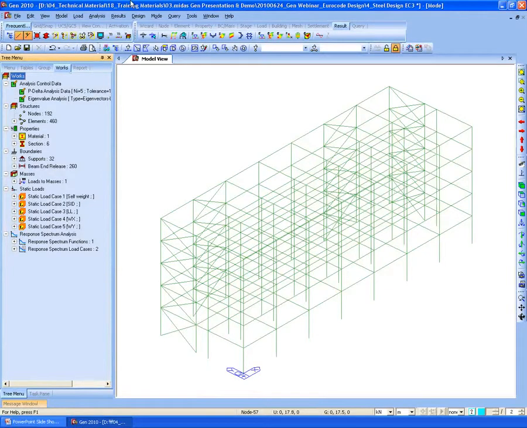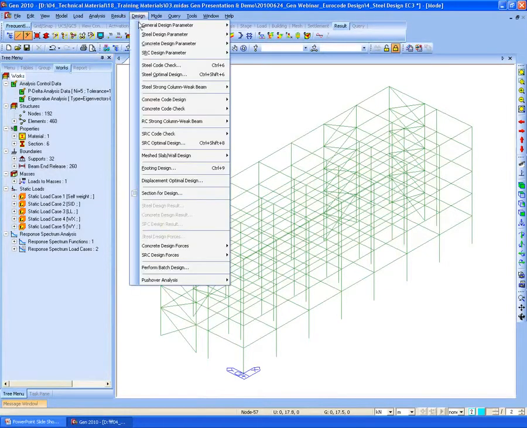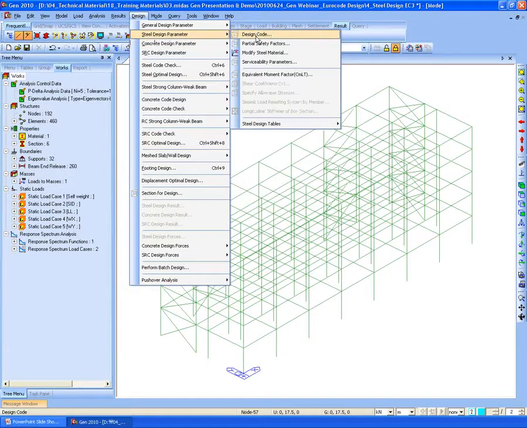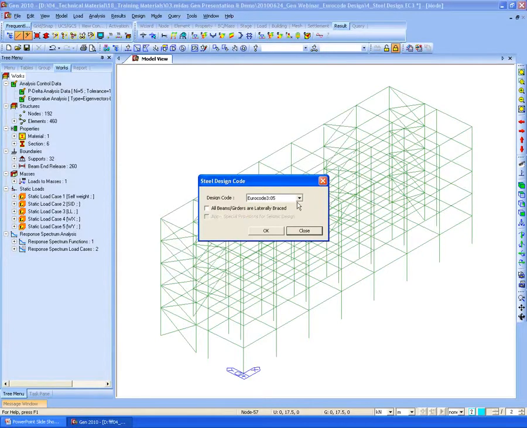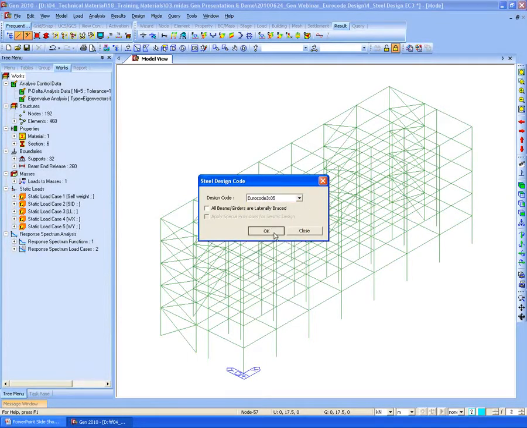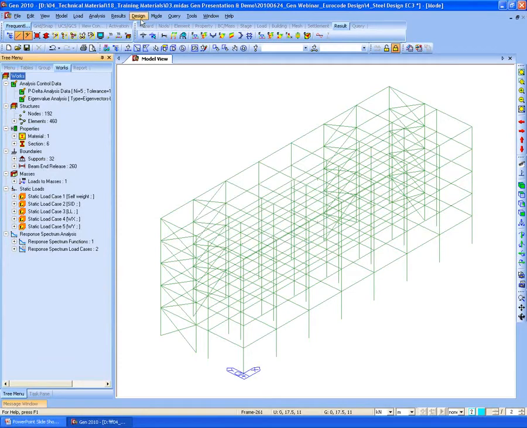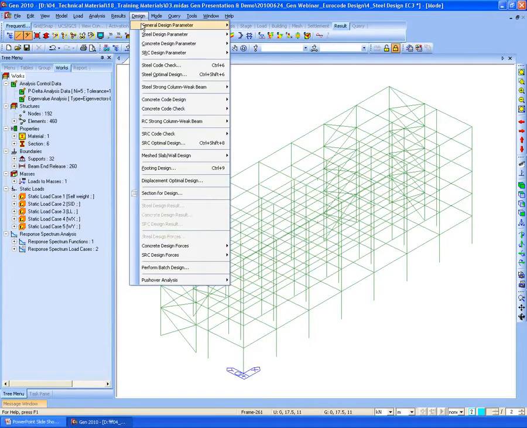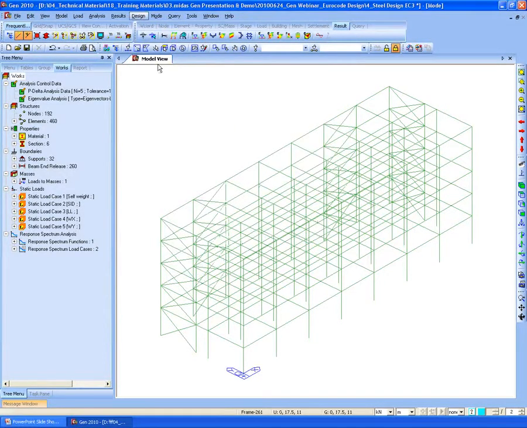After creating the load combinations, then specify the design code: go to the steel design parameter and design code. You can see the available design codes here: Eurocode, AISC, Canadian, PS, Japanese, Chinese, Indian, and so on. After selecting the design code, let's perform the steel code check.